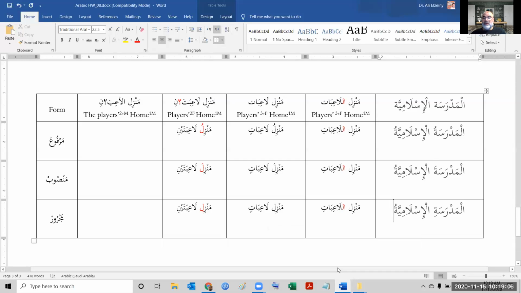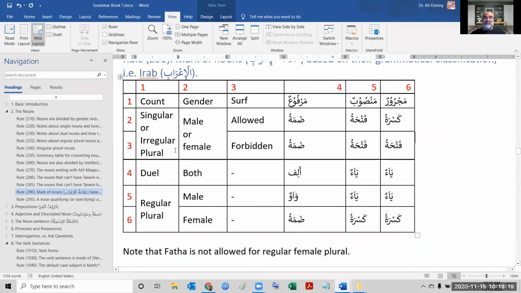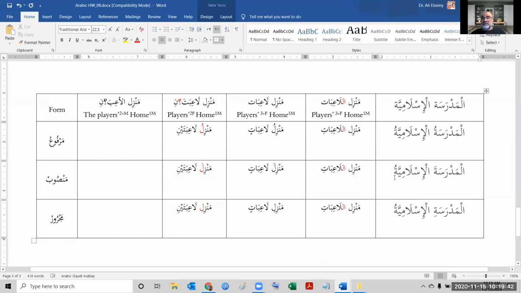I say Islamiyya is the singular. Islam as a word is a male word, singular male. So here it's a singular male. Islam. Sarf is allowed. There's nothing that makes Islam sarf not allowed. That's, by the way, most of the time sarf is allowed. This is like the exception. So, okay, majroor is kasra. If sarf is allowed and it's a singular female word, then majroor is kasra.